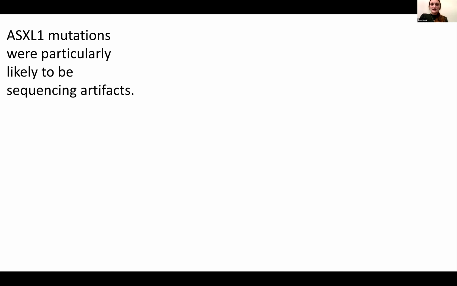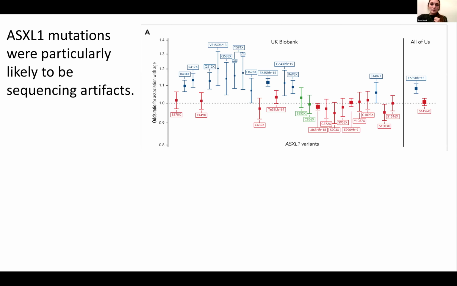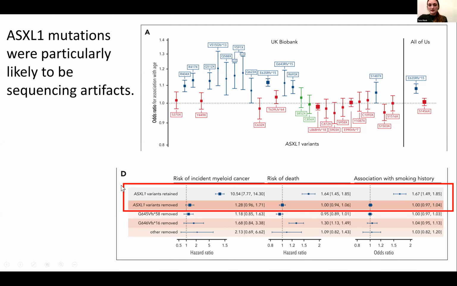And so as you can see, like I said before, we wanted to test for the association with age for each of these variants, right? Because if CHIP is an age-related disease, we expect that the variants will also be associated with age. And so as you can see, these variants in the red here weren't associated with age, and the ones in the blue were. And so you can focus in on just this top box here.